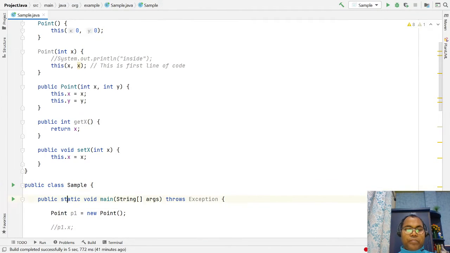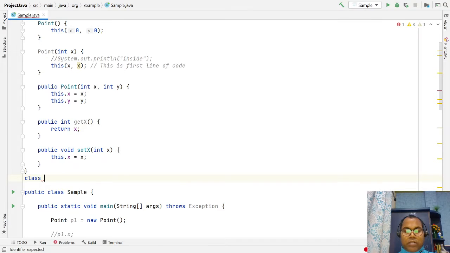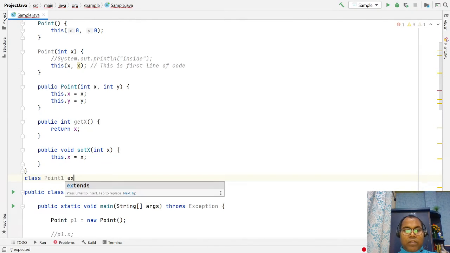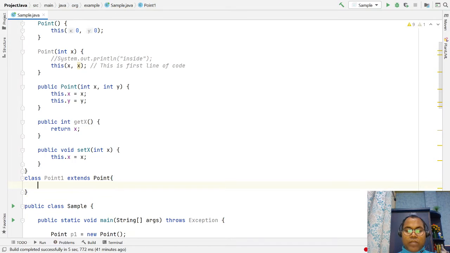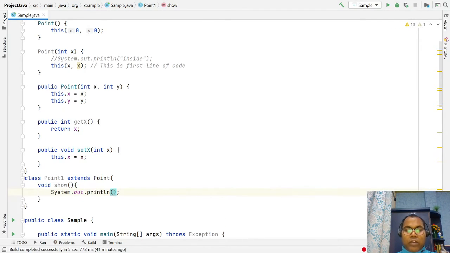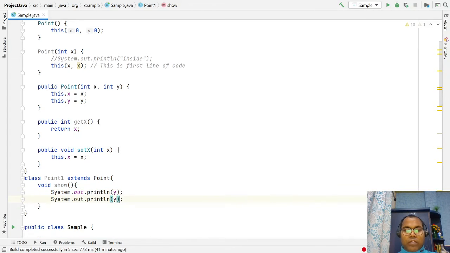It means if you're writing a subclass here, like class point one, and let's extend your point class, and here you are trying to write a method, like void. Here you're trying to access your y variable, you are able to access it, but if you try to access your x variable, here it is not allowed.